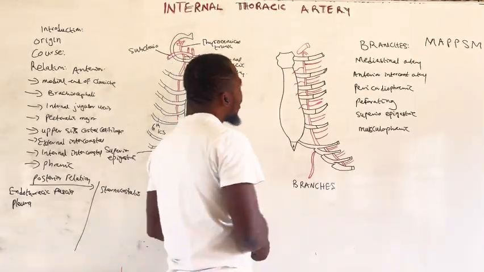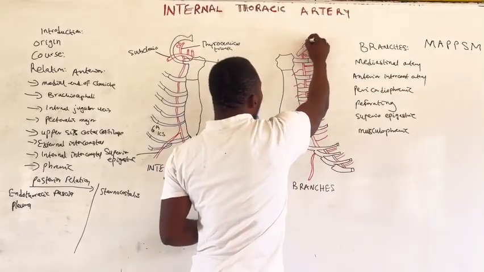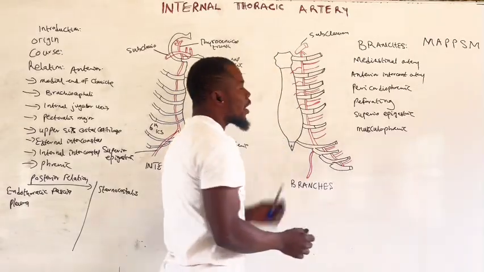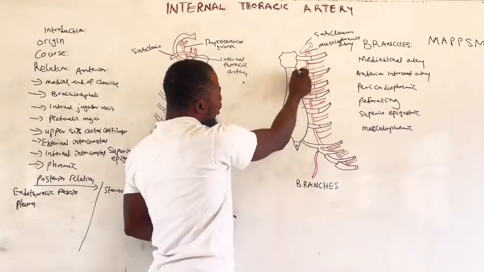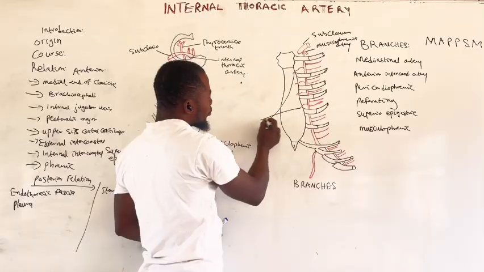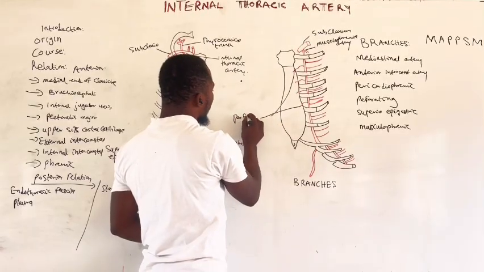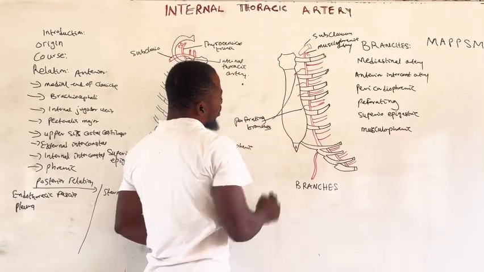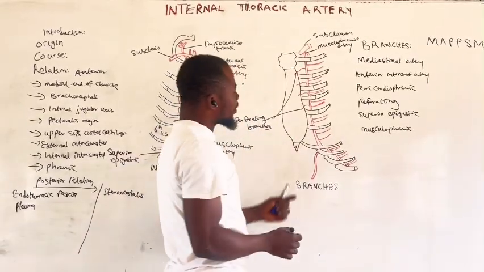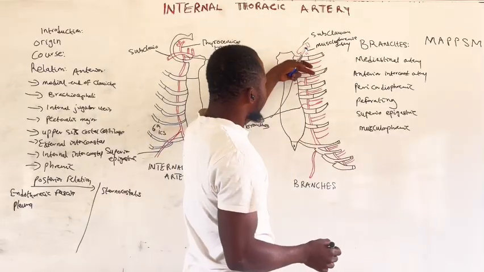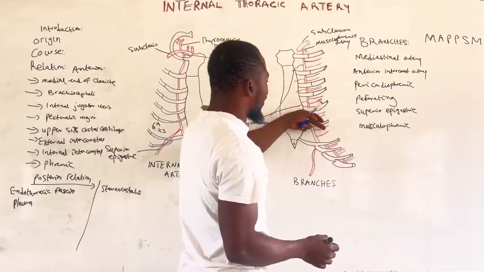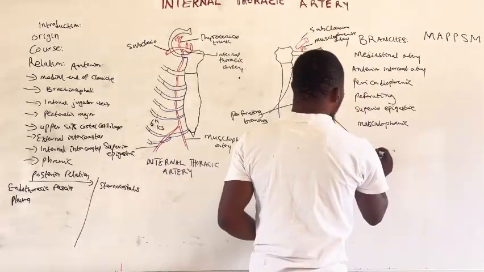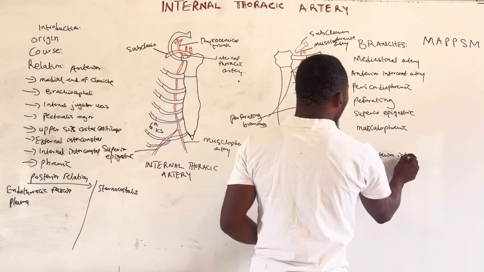From here, this is our subclavian artery, the first part of the subclavian artery which gives rise to the internal thoracic artery. The branches here are the perforating branches, and the upper 6 intercostal spaces, the first, second, third, fourth, fifth, and the 6th. They are the anterior intercostal arteries,